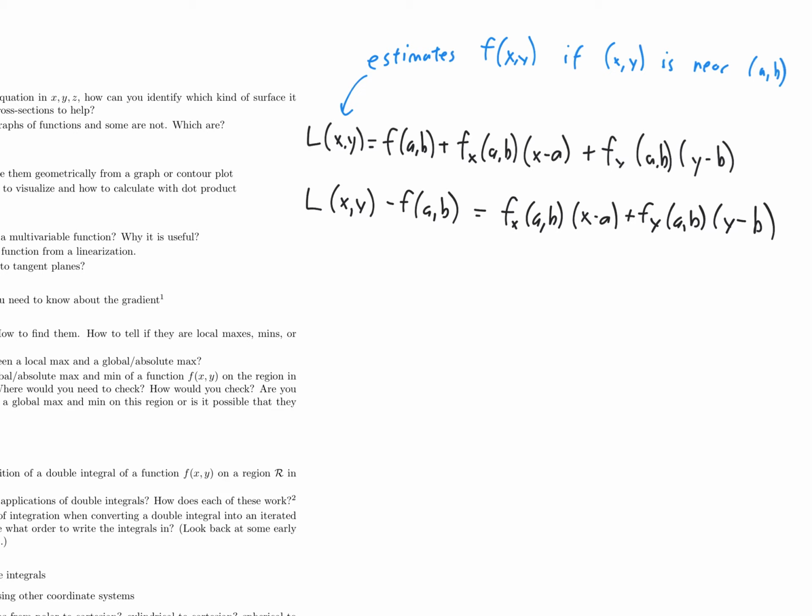And then rewriting some of these variables, because this L of xy minus f of ab, this part is approximately equal to the change in f. Likewise, I can say that this x minus a, we think of that as the change in the x value from the base point ab, and y minus b is the change in the y value from the base point ab. So this often gets written as delta f is approximately equal to, and just using the different notation for partial derivatives,